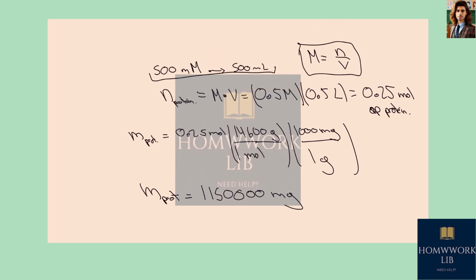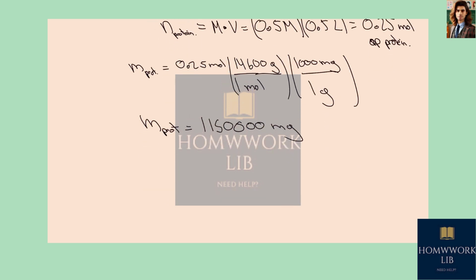Now, here is a problem. Of course, this quantity doesn't make sense, right? So probably what happened here is that there is a typo in your problem. So let's see what happens if instead of having millimolar, this would be micromolar. So if the quantity that you wanted to put in your problem was 500 micromolar,